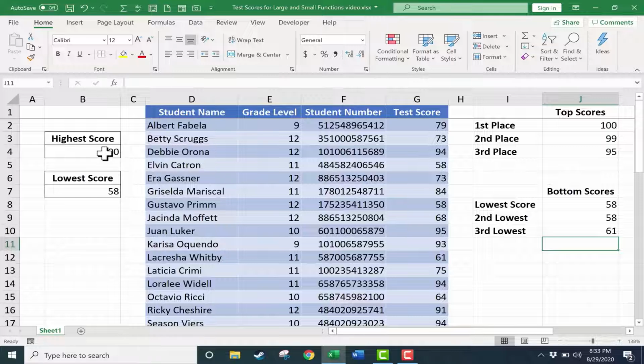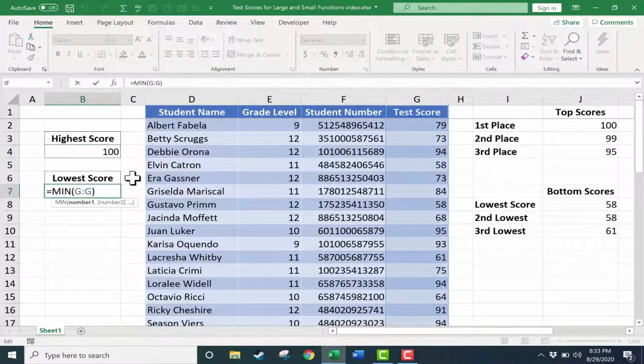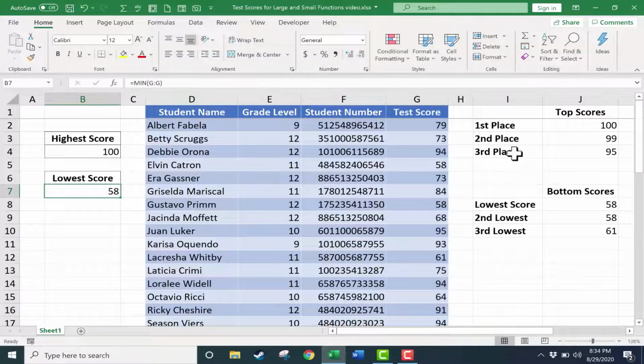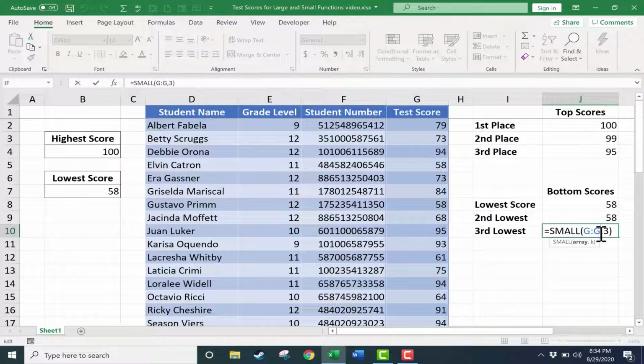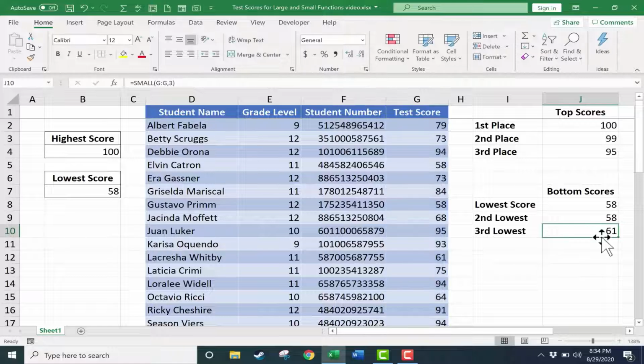So if you like max and min, those are two useful functions, but you may find yourself using large and small much more often now that you know how to use them properly. They really are better because they allow you to easily pull out